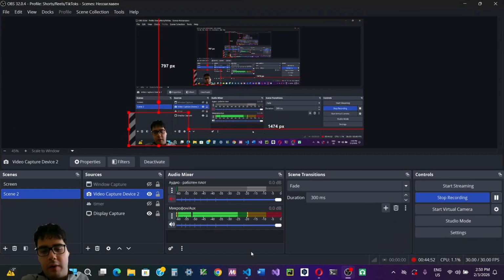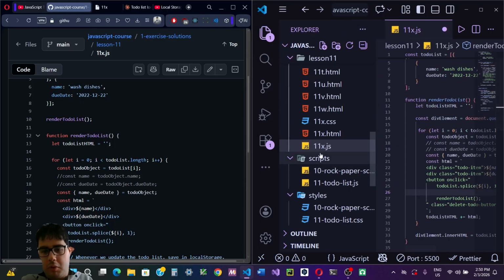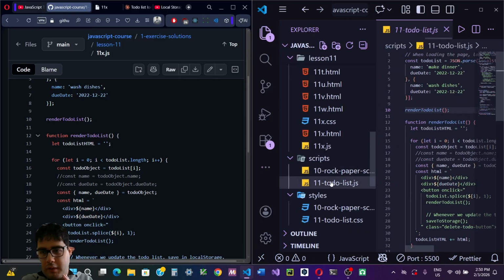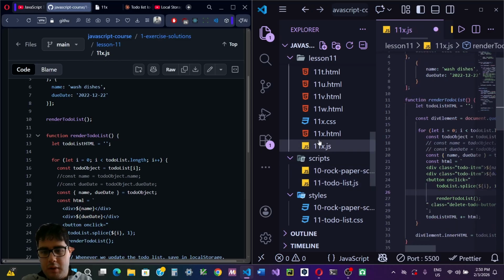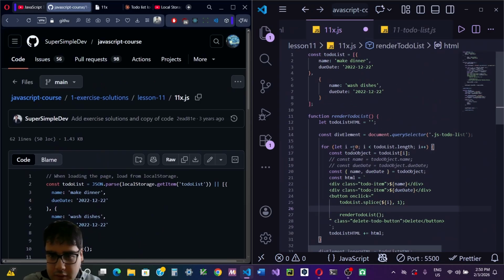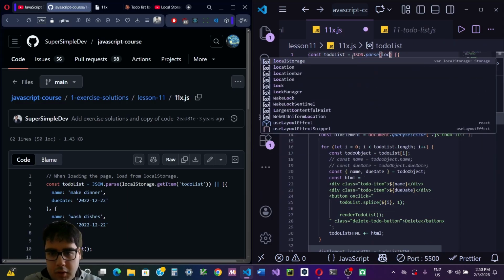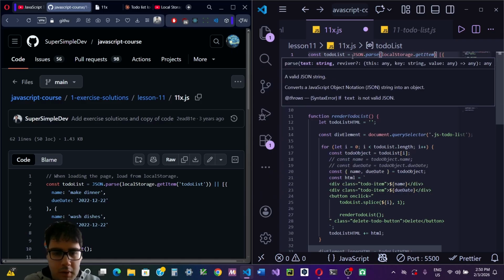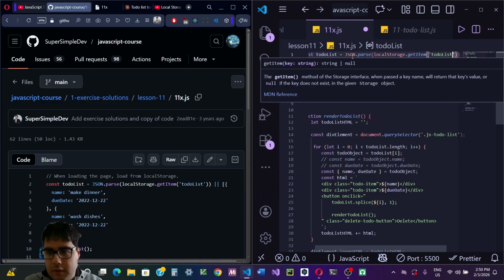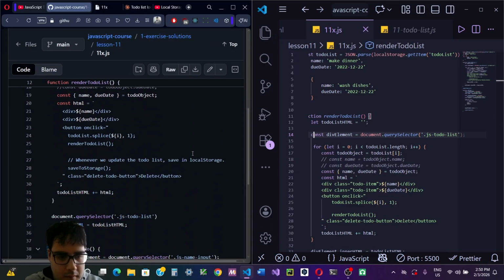Okay, guys, so I found the issue. Basically, I was in the wrong file. I was supposed to be in 11x.js, but I was in 11 to-do JS. So I was supposed to be in 11x.js. So let's just fix this up real quick. JSON.parse local storage.get item to-do list, and we're gonna